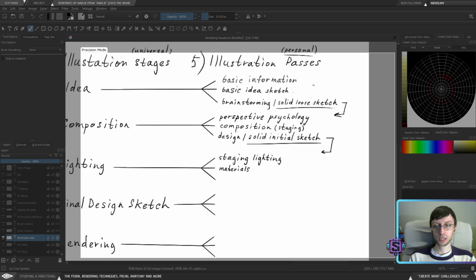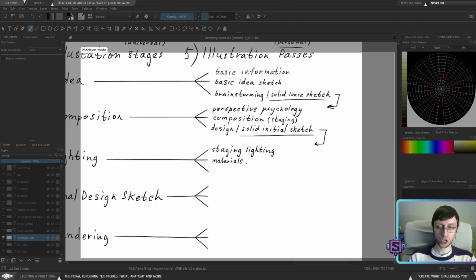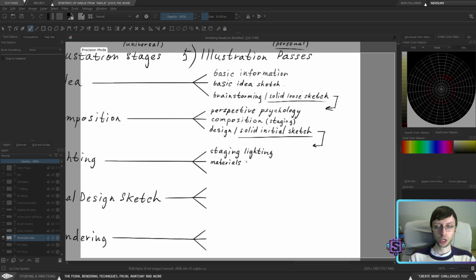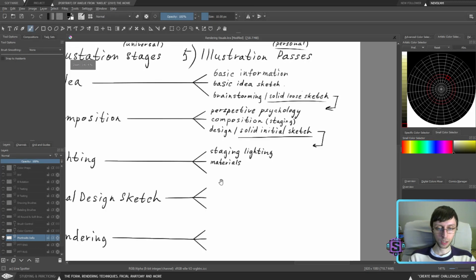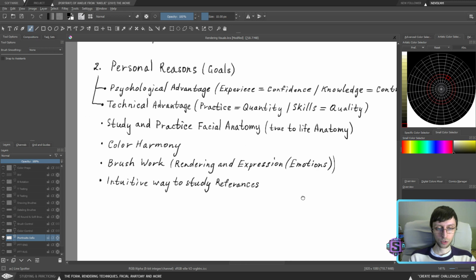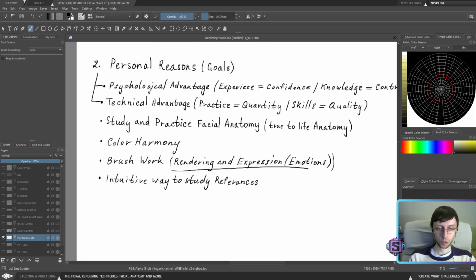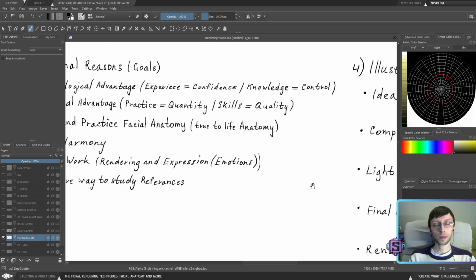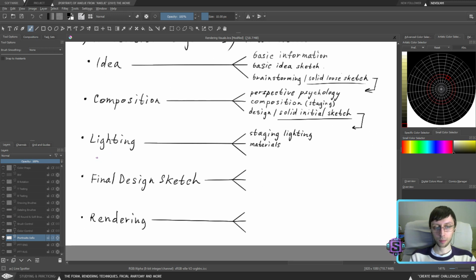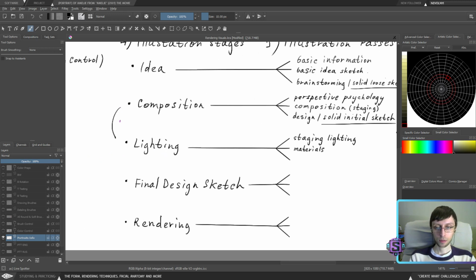They're not 100% still. They will actually change a lot with new information that I learned so far when it comes down to working with brush work and with color harmony. It will definitely apply a couple of changes in terms of how I'm going through those stages.